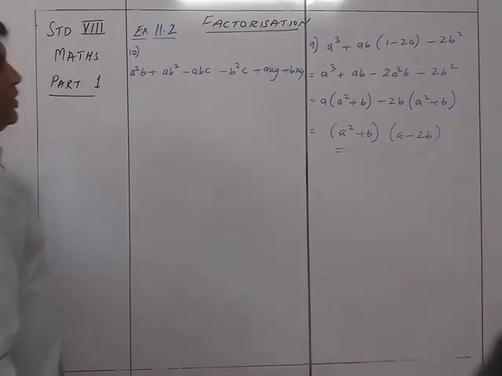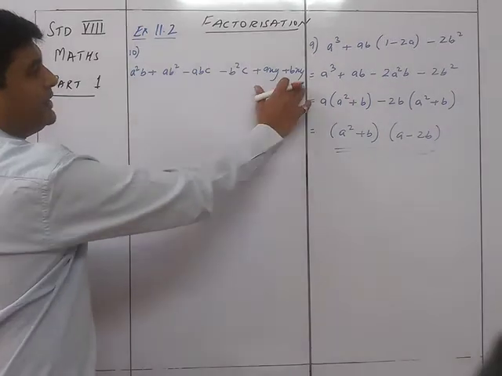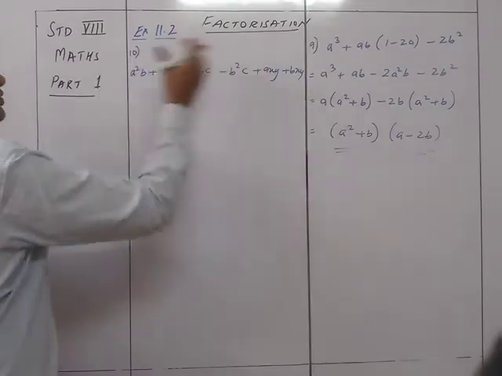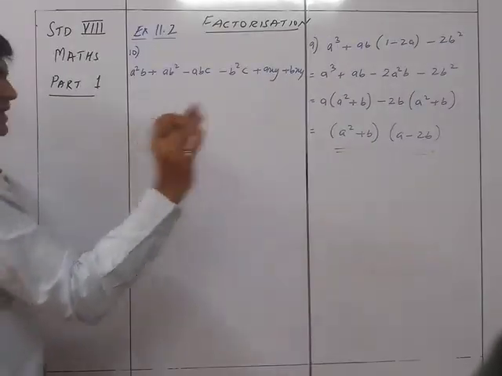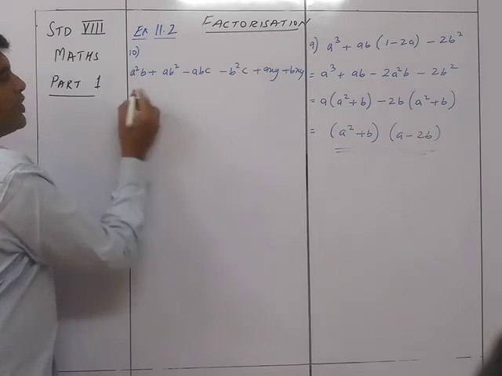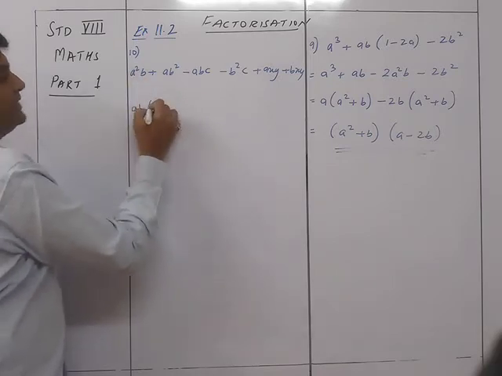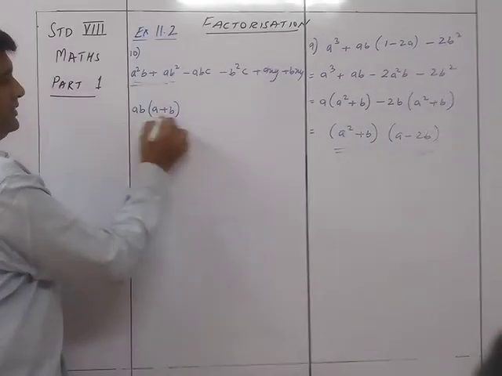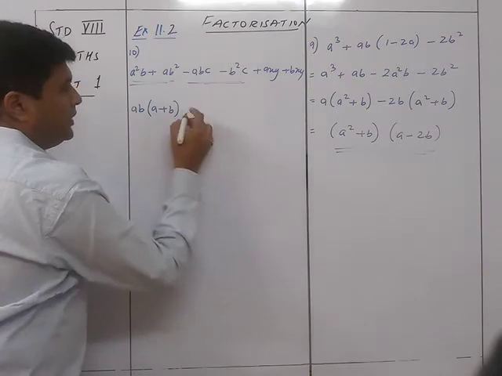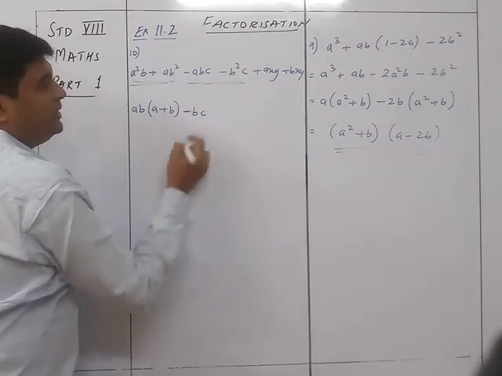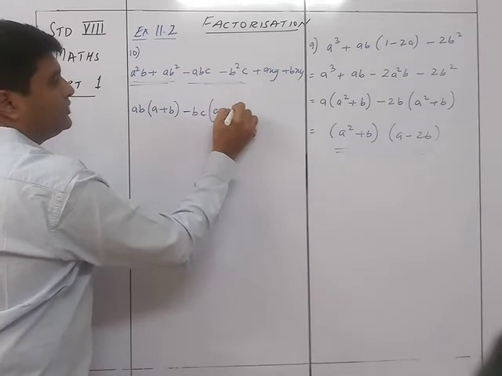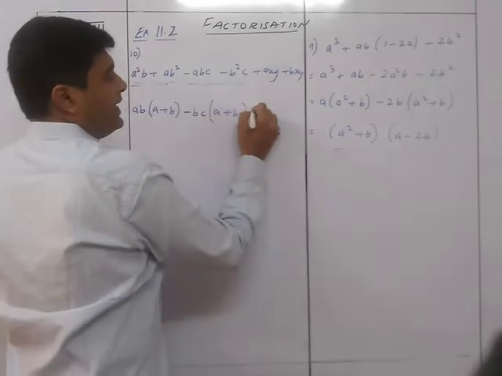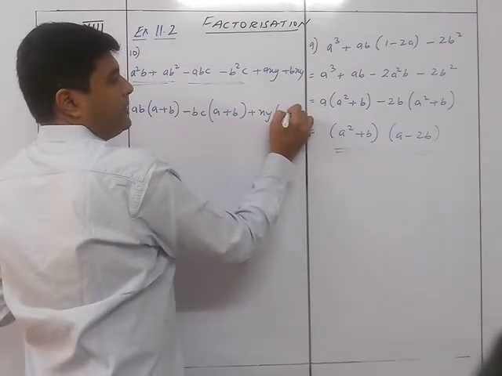Okay? So you will find that axy is here too, so automatically I'll have to change its location in such a way that I can get, or let's do one thing. Let's take 2 only, not to get confusion. Between these two, what is common? ab. What remains? a plus b. Now between these two, I can see minus bc is common. What is remaining is a plus b. So you can see ab here, a plus b here, a plus b also here. Here also, what is common? xy is common. What is remaining is a plus b.